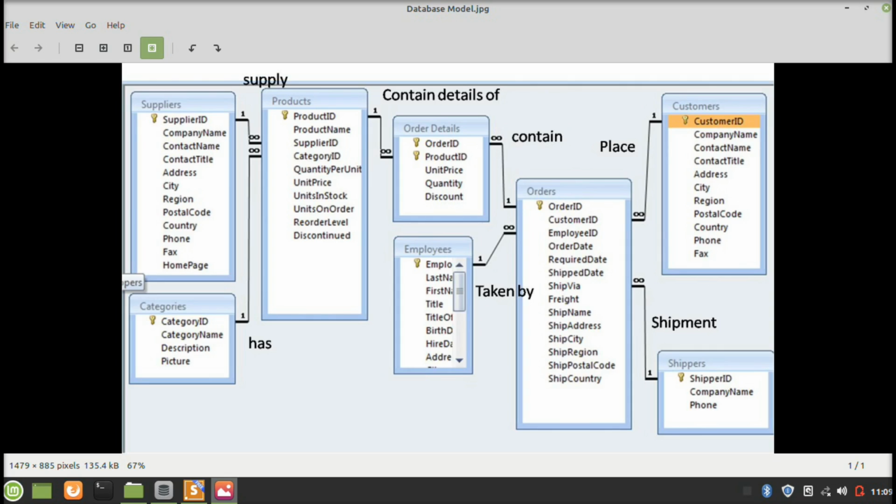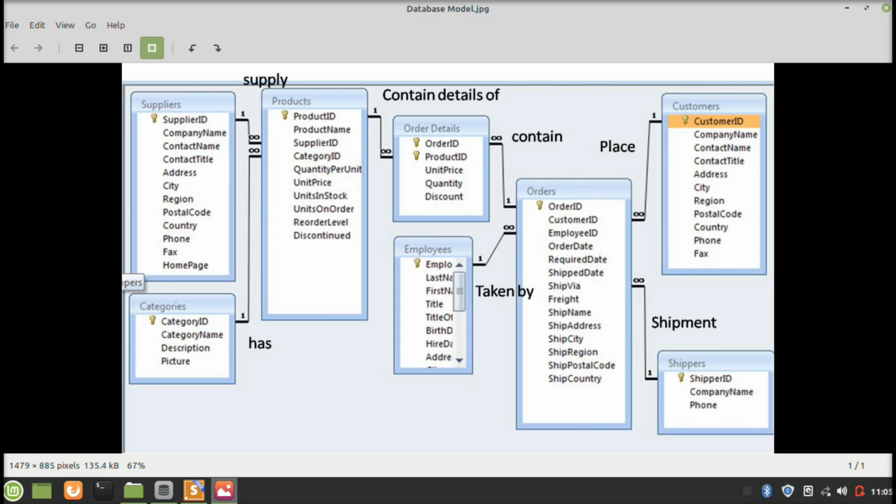Each order contains the order details, so the products and orders are identified and matched in the order details, so the order ID and the product ID are the foreign keys in the order details table.